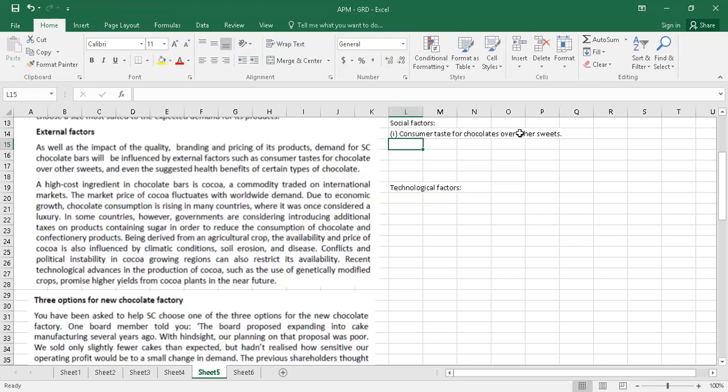Next, we see, and even suggested health benefits of certain types of chocolate. So that is also about